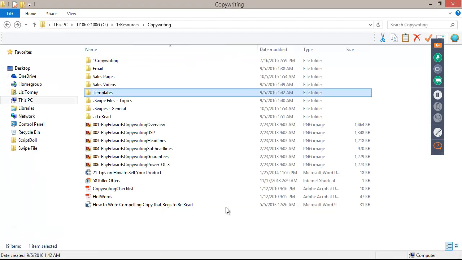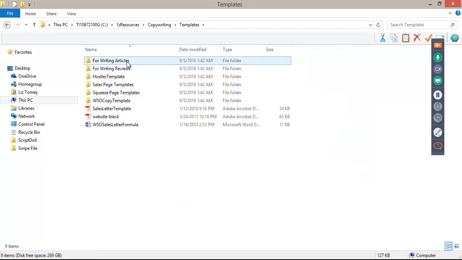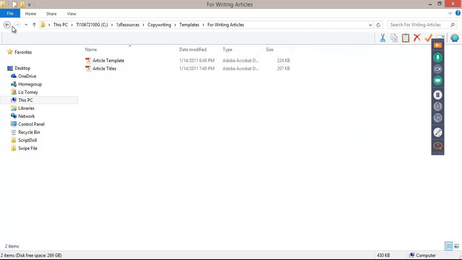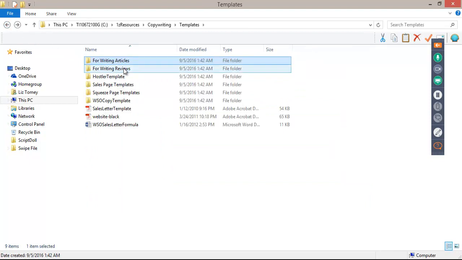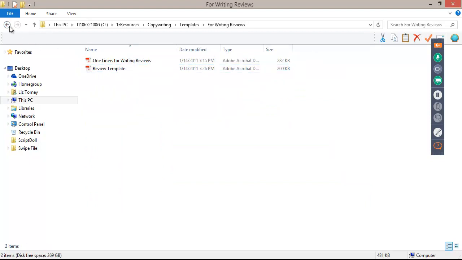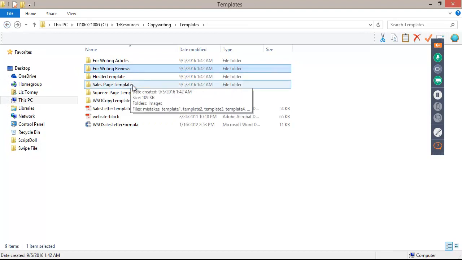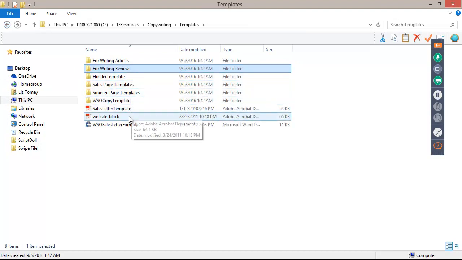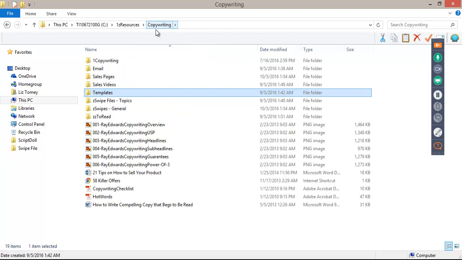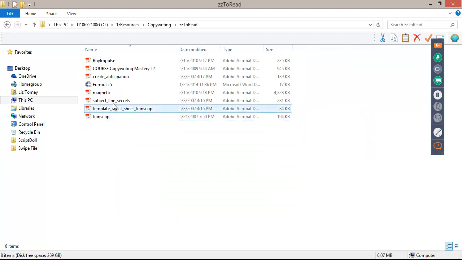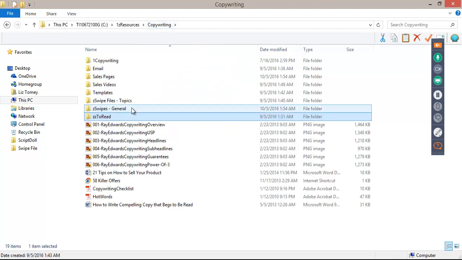So if we go into my templates, let's see, I have stuff for writing, so that's an article template. You can do articles too, blog post, writing reviews, squeeze page. And I'll tell you guys about all this other stuff here in just a second too. My to read folder is just a bunch of stuff that I need to read.